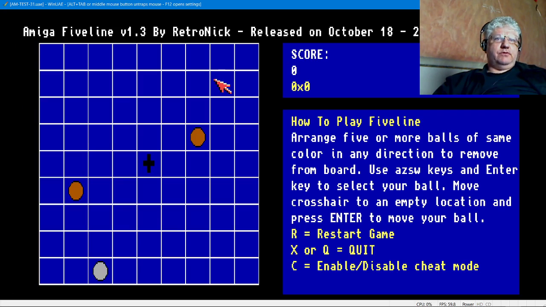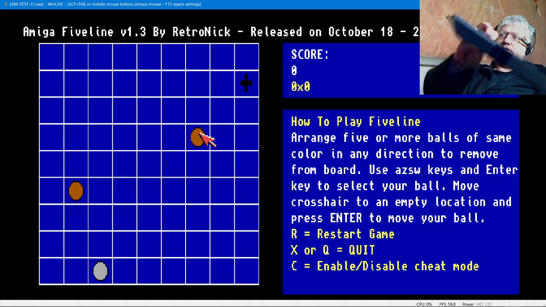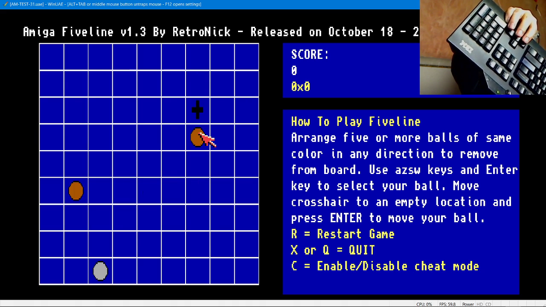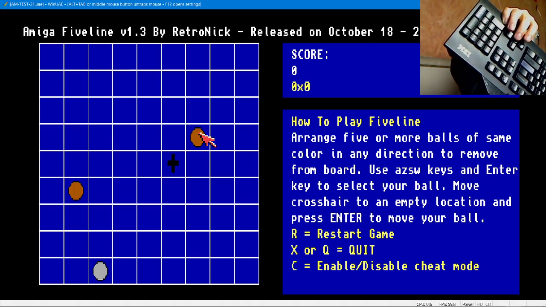So one of the problems I had before was if I clicked and this window gained focus, I wasn't able to move my crosshair around. The other problem I had was I couldn't use the actual arrow keys. So I'm using the arrow keys right now. Let me just see if you can see. So those work,